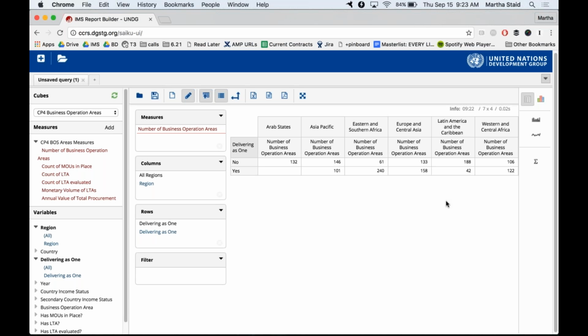So again, every report in the system is going to be a table. It's going to have at least one measure and at least one variable. You can have more of either, and you can move them around in order to get different types of charts or tables, rather, over here where it's generated.